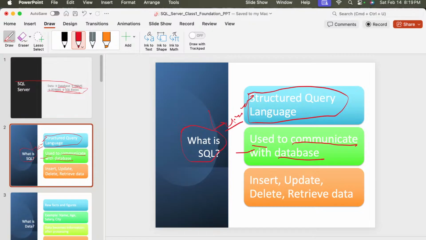So why is SQL mandatory? Why is SQL important for data jobs? Many people are thinking about that. So let me be very clear here: SQL is not optional for data jobs. Actually, SQL is a mandatory skill.